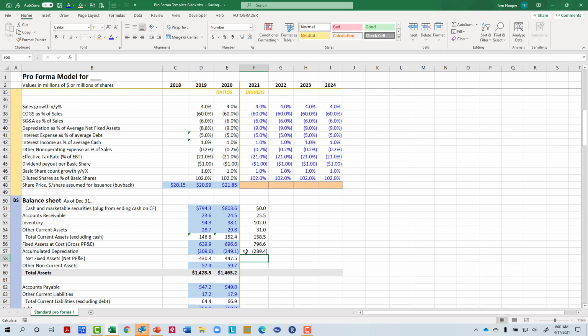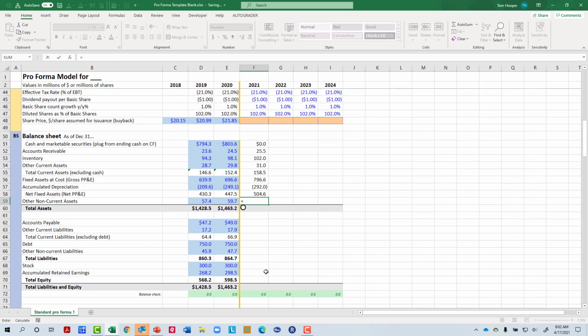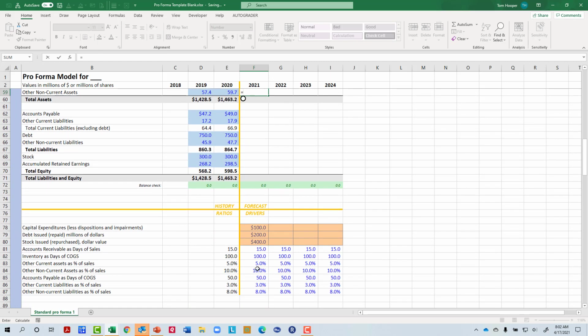Unless we sell something and then we need to take out its associated depreciation. Add those two and we get the book value of our assets. So this is how much those assets contribute to our total assets. It's that cumulative amount of investment minus the cumulative amount of depreciation we've ever taken to get to the book value, or the net PP&E. And then the last one on the asset side is our other non-current assets